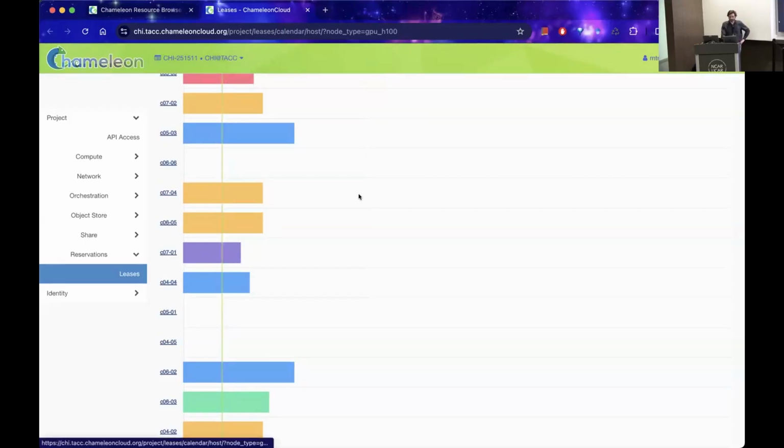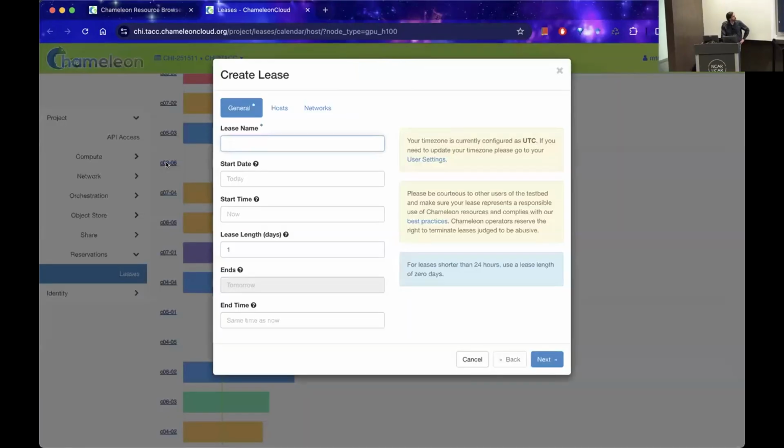When you're on the host calendar, this is actually super easy. This is a really nice new feature that we just released. I can just click on the node here that I'm interested in. So I see there's this node here, no reservations. I can reserve it right away. If I click on this, then it just immediately pops up the create lease